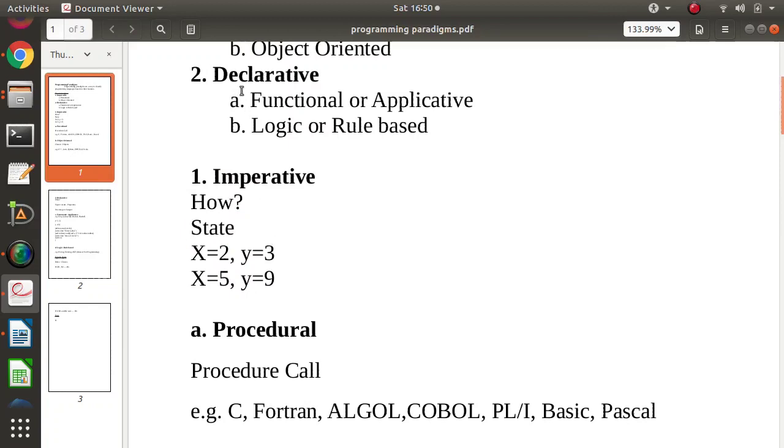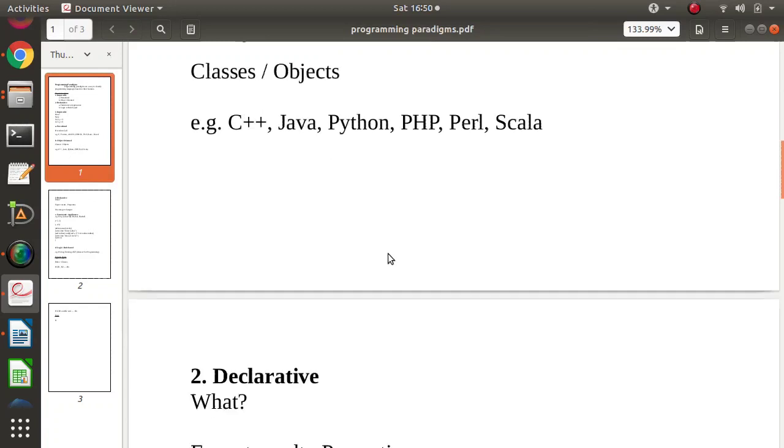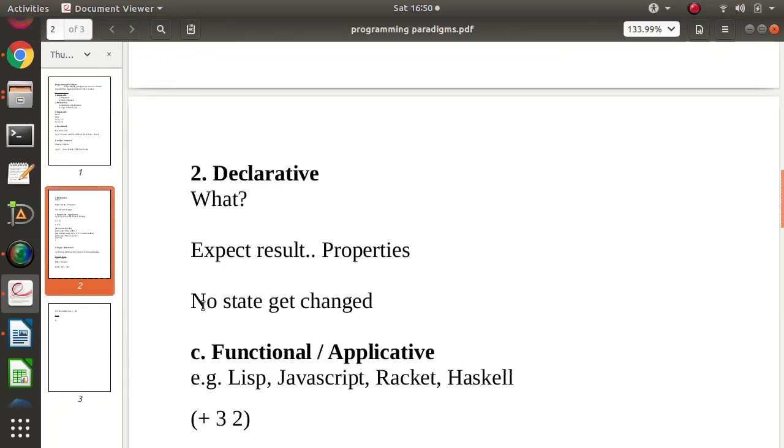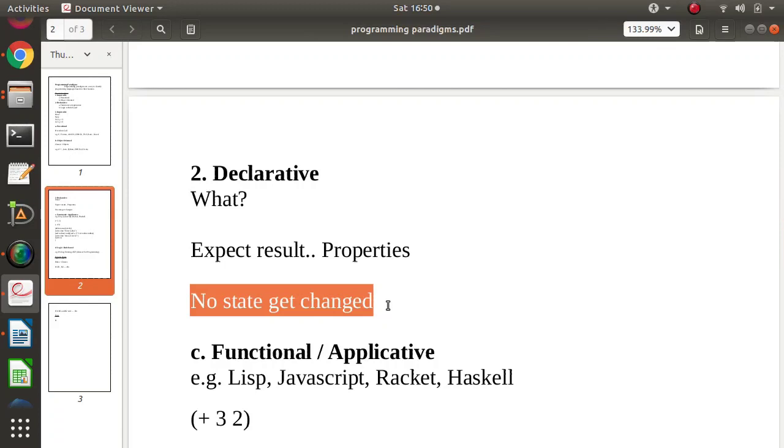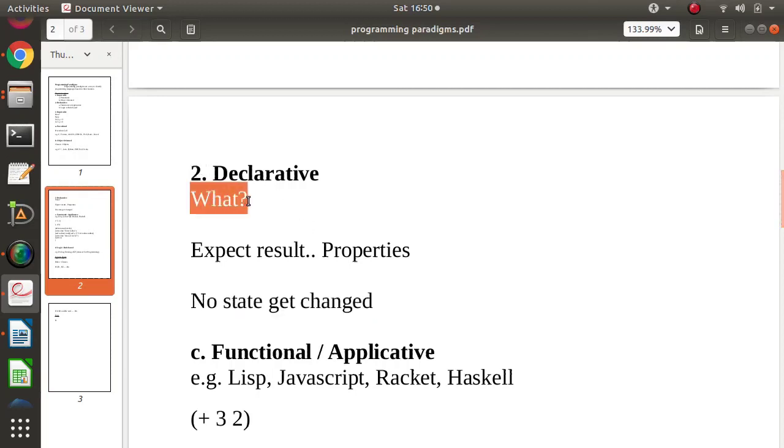While in the declarative programming paradigm, there is no state change. It does not change any state. It takes inputs, and this declarative programming paradigm focuses on what, in the sense of what result you are expecting. What are the properties of the result that you are expecting? So here we are not focusing on state change. Here we focus on the output, the what.